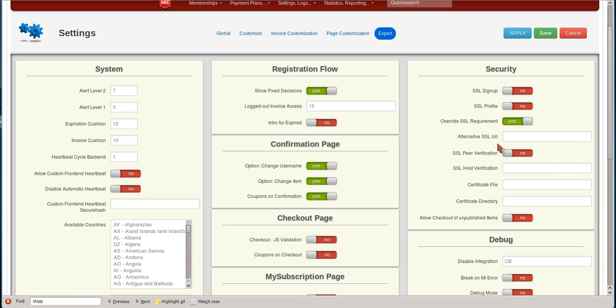The rest of this area right here, down to the last switch, is basically if you have an alternate SSL or you have different settings for your SSL certificate and you want to make sure there's a file in here. Usually this doesn't have to be done if you have the SSL certificate on your site just for your site, but in some instances it will require a